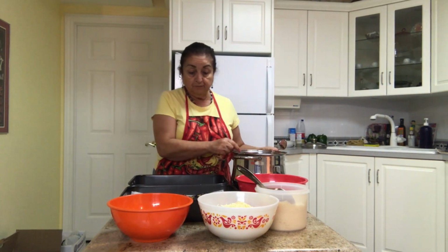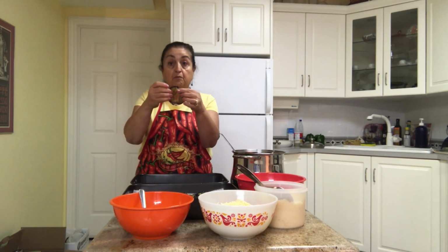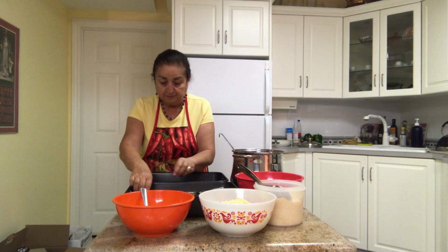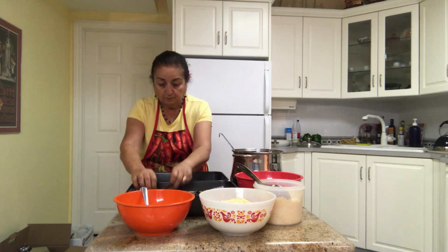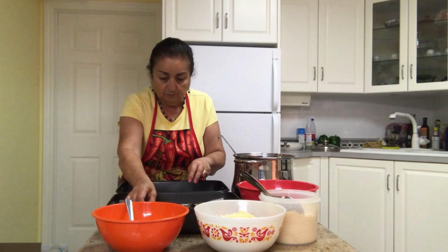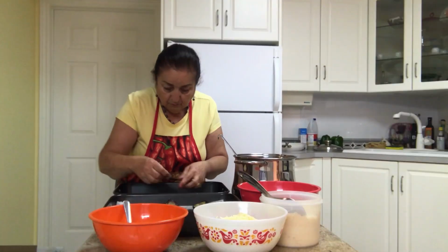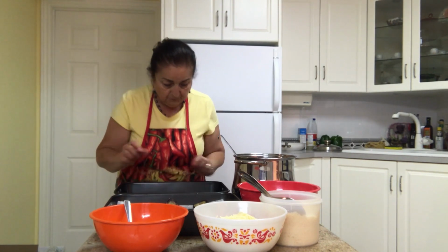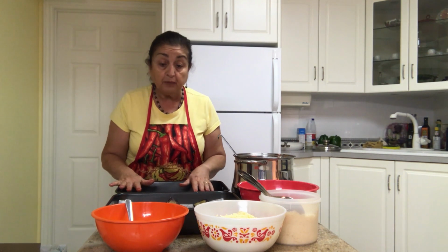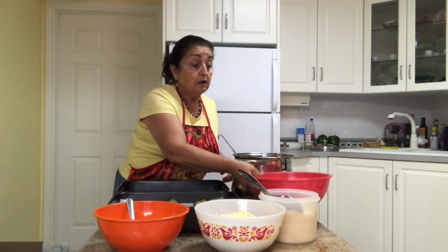To line the pan first. Then what I'm going to do is take my fried eggplant and put down a full layer. So I've got a layer of the fried eggplant down, and the next thing that I will put down are